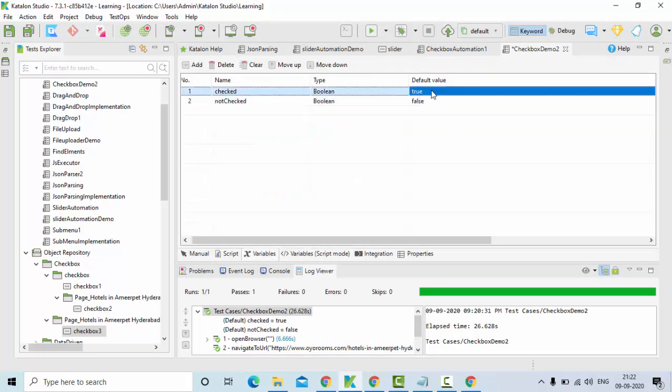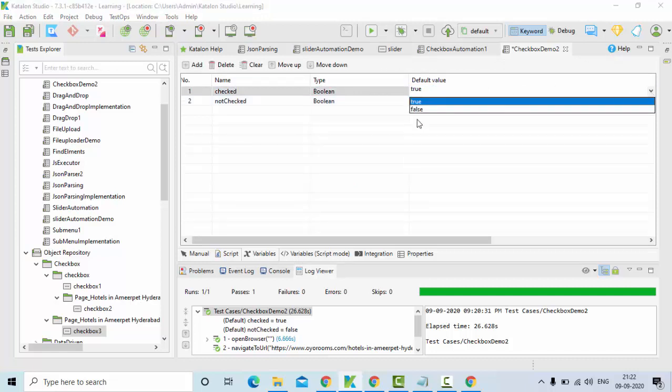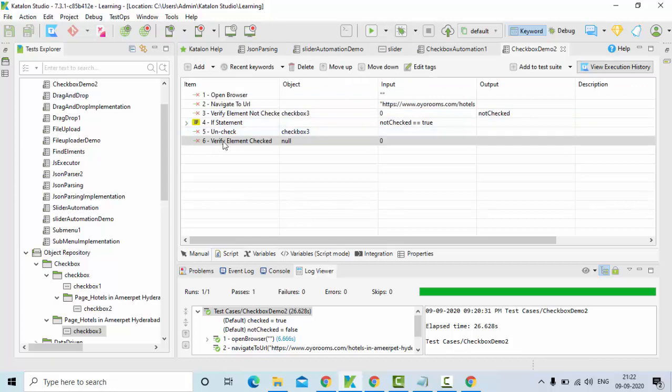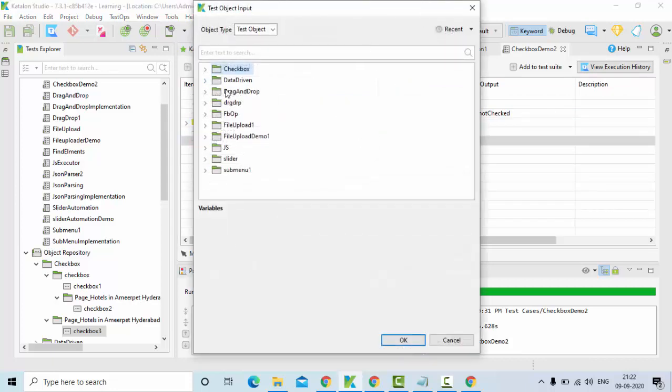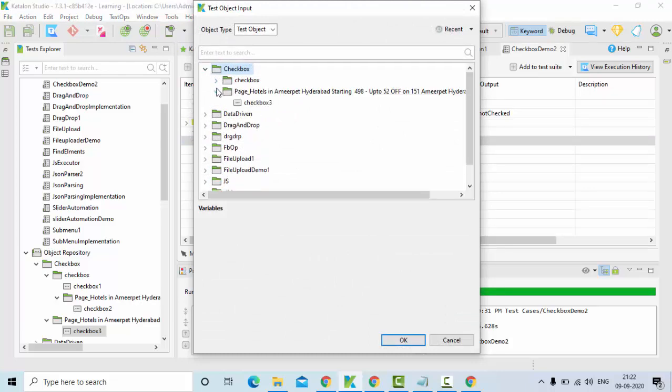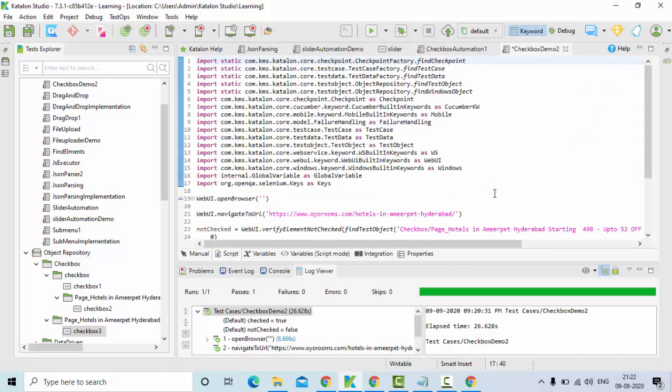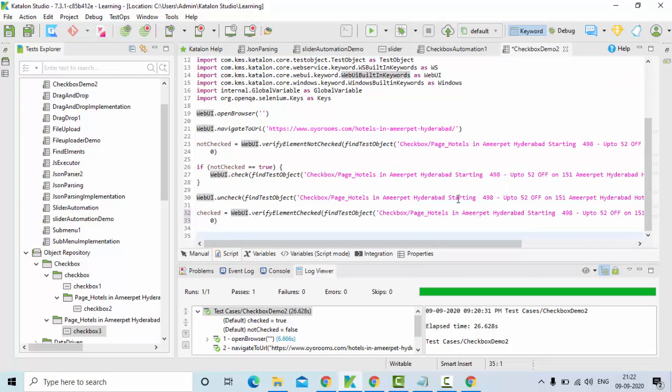So I'll change it to false so that I can understand when the element value changed. It is easy for me to understand because of the method or because of the default value. So verify element checked. I'll give this element. Go to the manual mode.